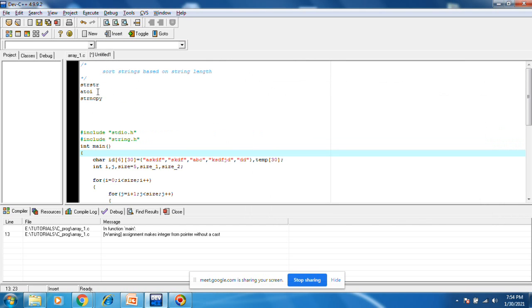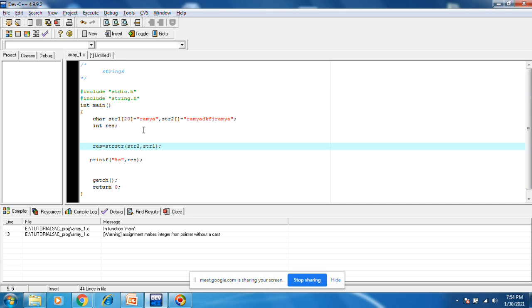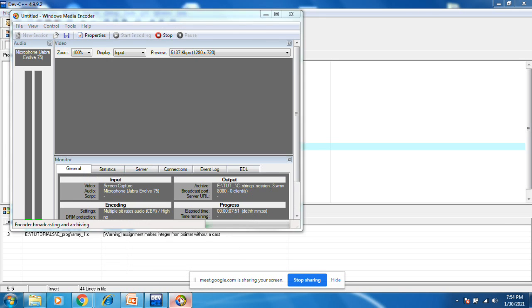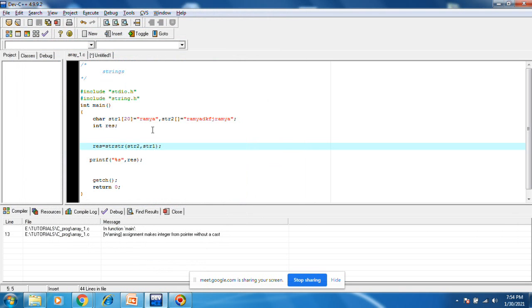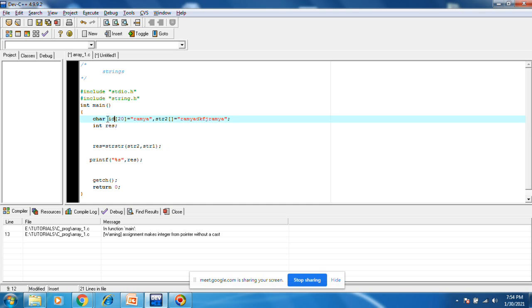Okay, next one is ASCII to integer. I want to convert a string to integer now. How? This is something id, or whatever it may be. id equals to 20 or 30, whatever it may be.